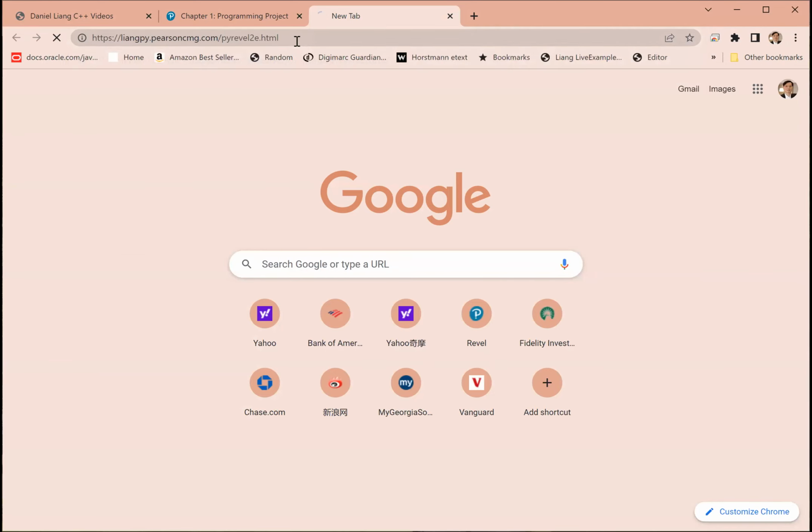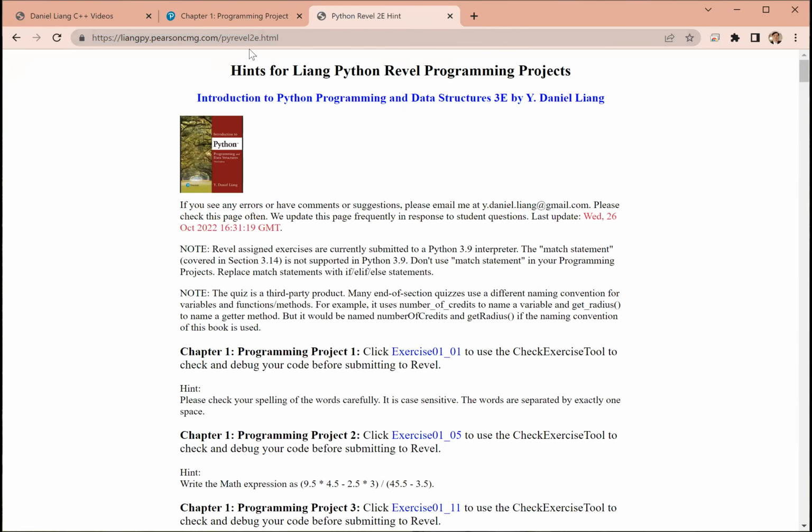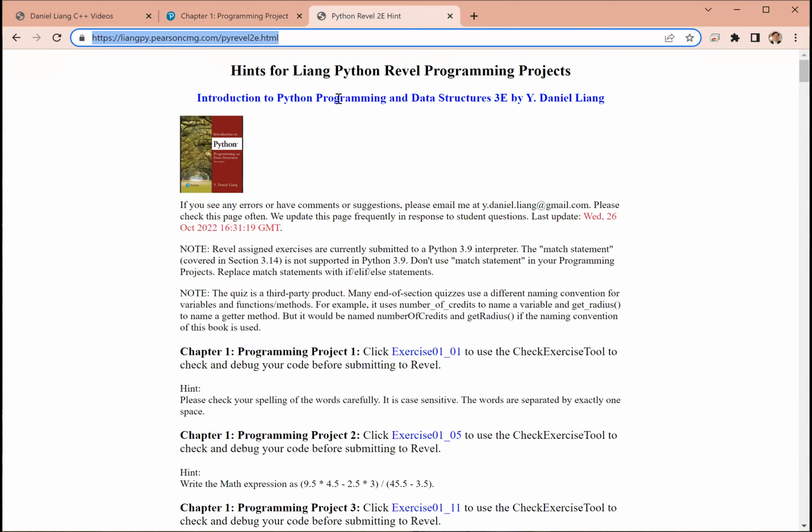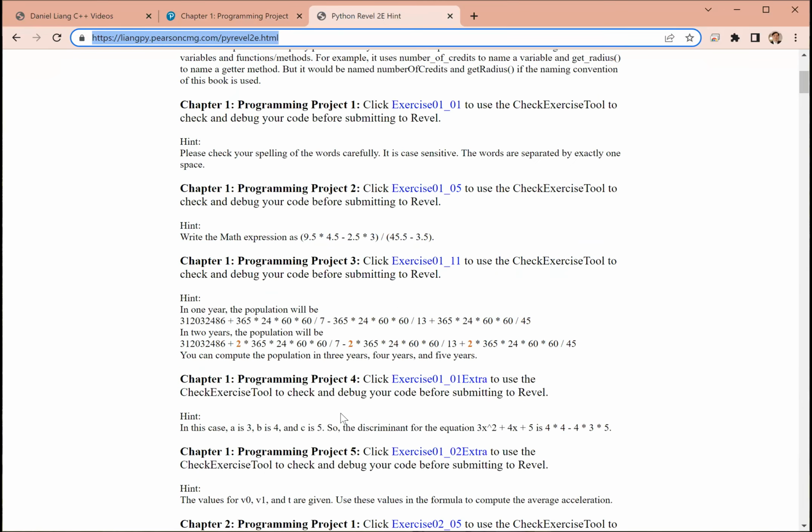So here's the hint. This is the page for the hint. The hint here is for chapter 1, programming projects 1, 2, 3, and here is 4. So please note that